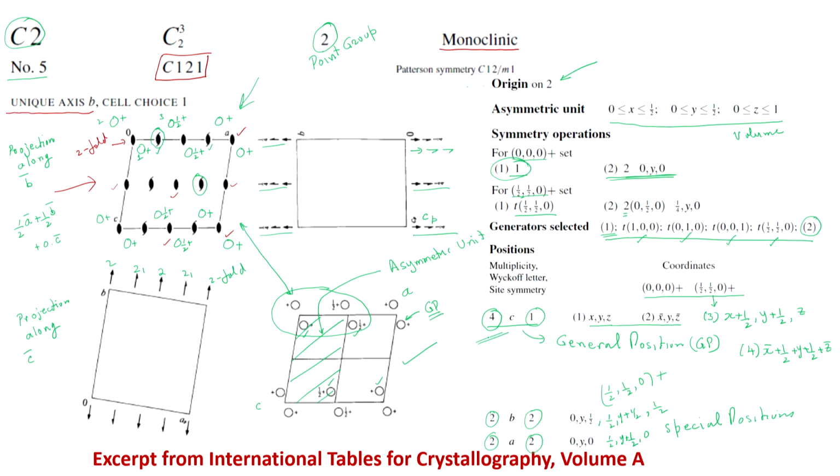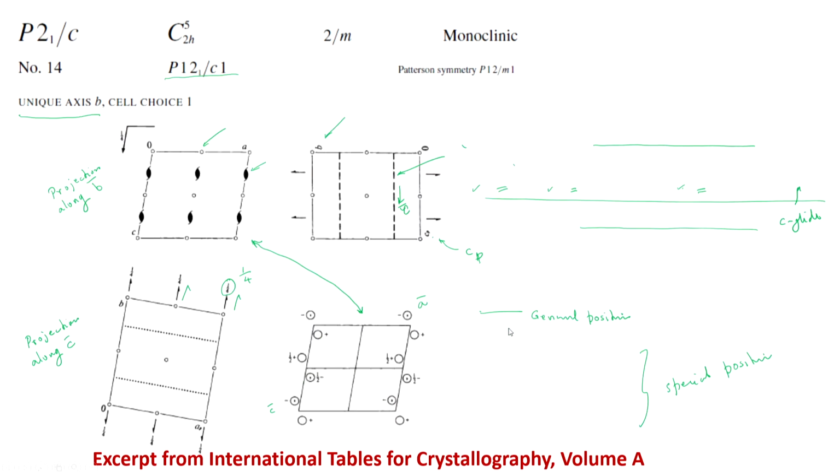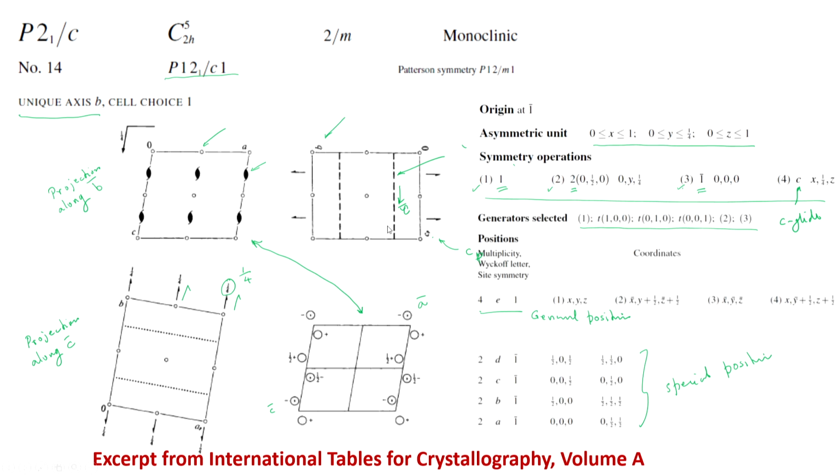the general position. So, an atom placed on a screw axis, or in fact also on a glide plane, which is in this case there is a glide plane as well, you will see that none of them are special positions and they will always have a multiplicity of the general position.